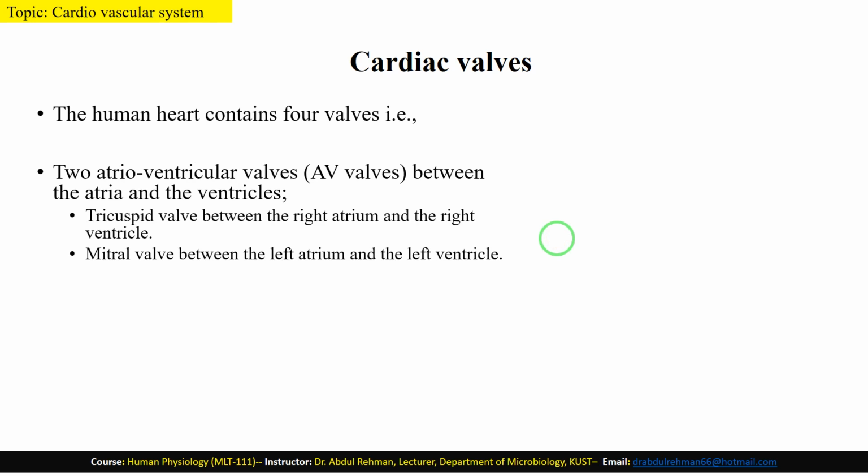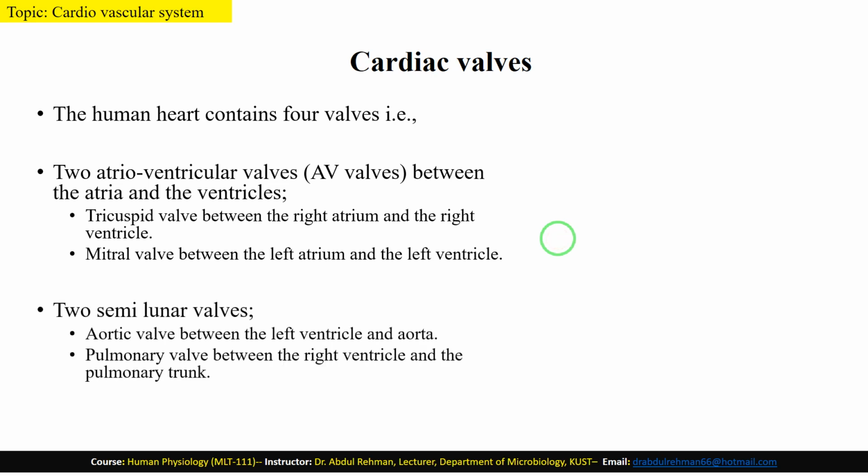2 atrioventricular valves, also called AV valves, between the atria and the ventricles, and there are 2 different types of valves: tricuspid valves and mitral valves. Tricuspid valves lie between the right atrium and the right ventricle, while mitral valves lie between the left atrium and the left ventricle, while two semilunar valves like aortic valves between the left ventricle, and here you can see in